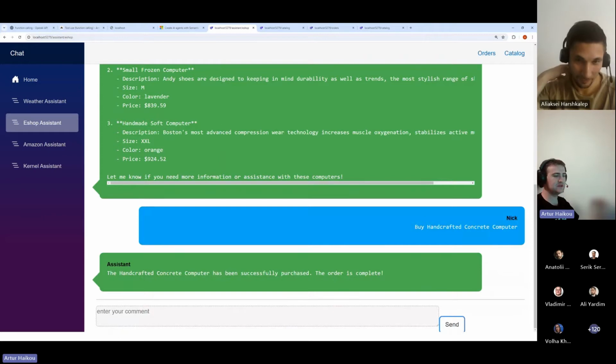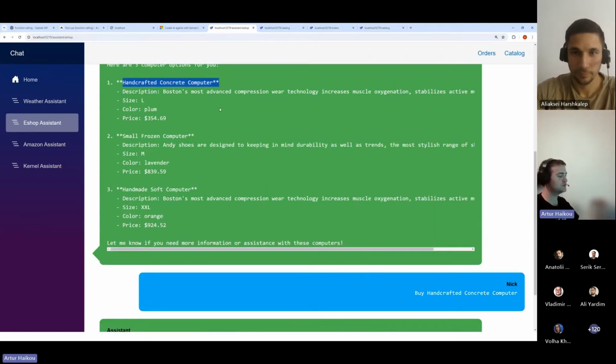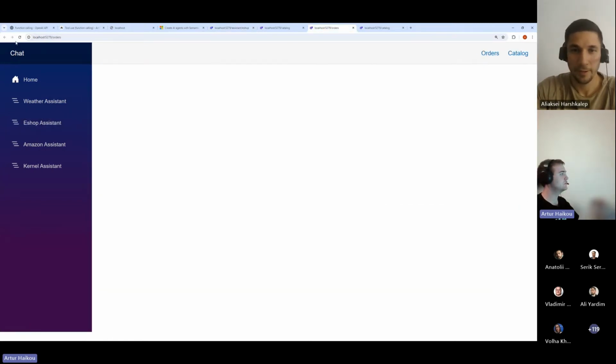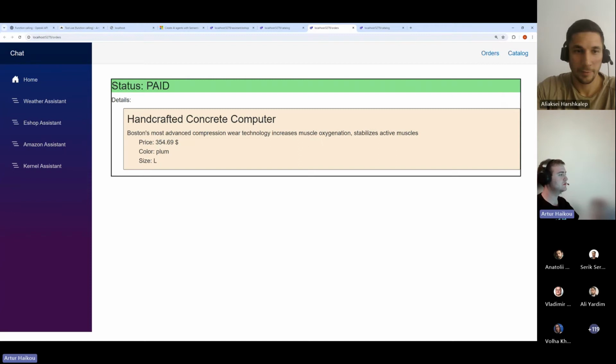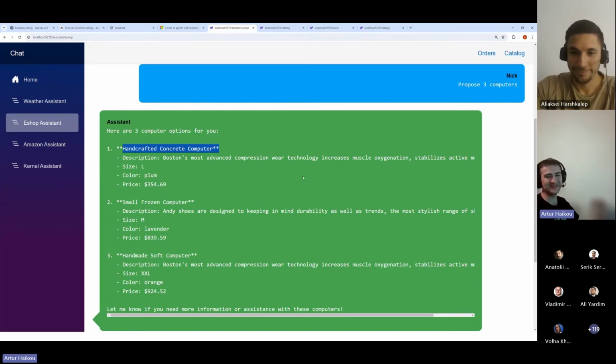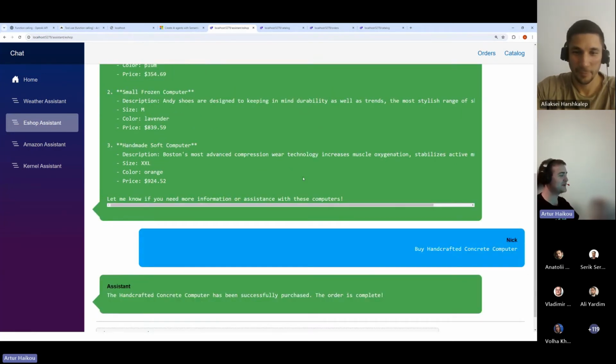Okay, as you can see, we said to buy the first computer, and it was completed. Let's see, do we have anything? Okay, yeah, this computer was bought. That's awesome. It's awesome if you have relevant data, but unfortunately, from time to time, we don't have so